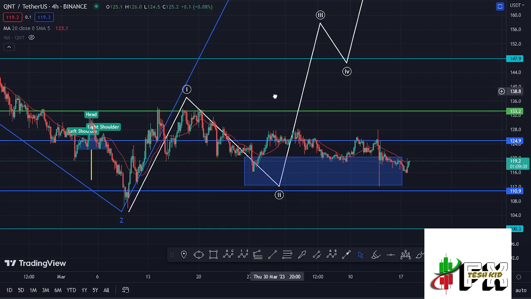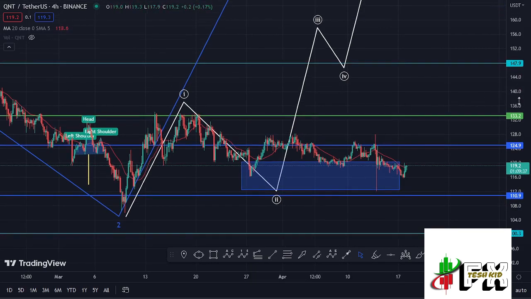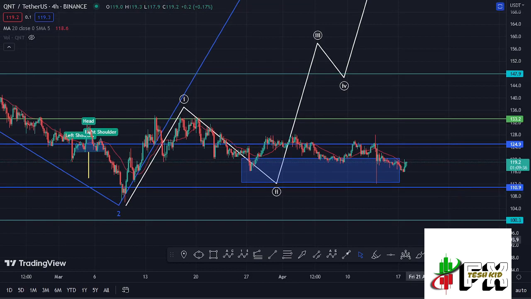Now my primary scenario is that whatever we are seeing at the moment is the start of an impulsive wave to the upside in the formation of this wave 3. And before I get further into the technical analysis to give you the short-term scenarios and also give you my target areas in the formation of that wave 3,